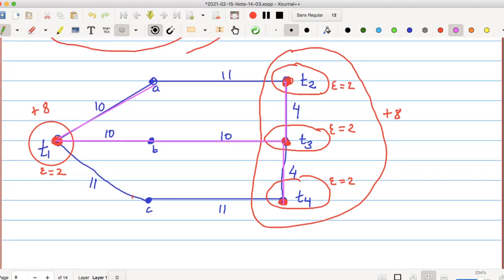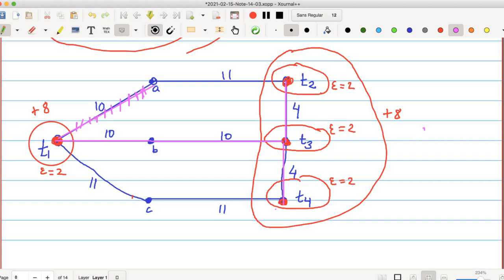Now we go to the pruning step. In the pruning step, whichever edge in the final solution is not used in connecting any terminal pair, we throw out. So this edge T1A has not really been used. If you want to connect T1, T2, T3, T4 in this forest, they are connected without this edge T1A, so you can throw this out. The final solution is only T1B, BT3, T3 T2, and T3 T4.